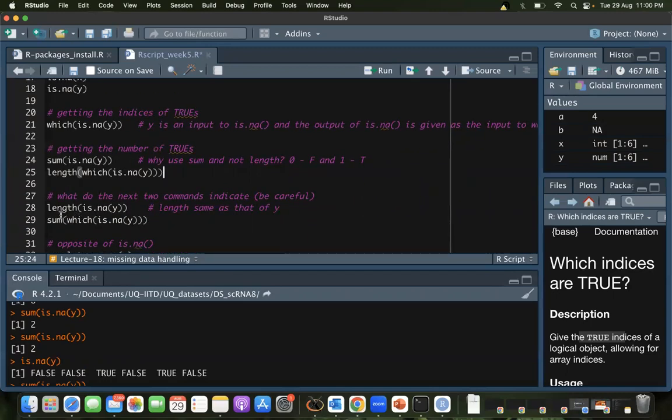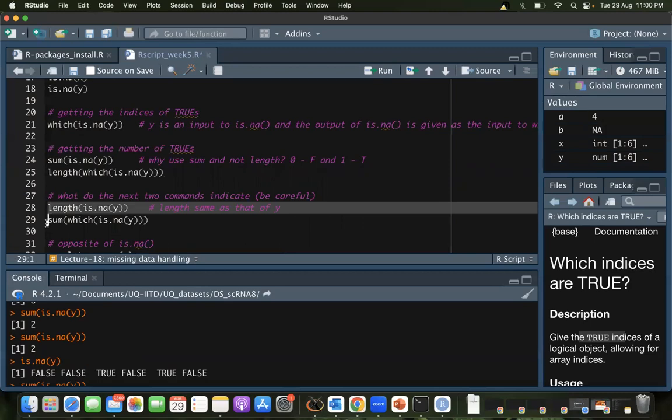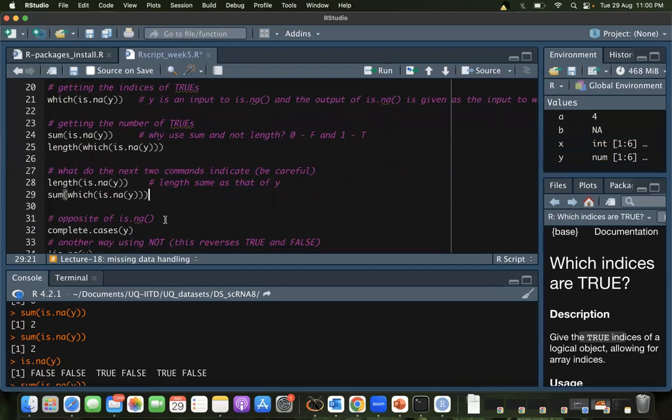Okay. And these two expressions, as we saw, are not giving you the right thing. This is something else. So you have to be careful about what you are evaluating. Even when you are doing it on R, you should try to evaluate it manually, see if you've understood correctly and see if that's what the answer is.